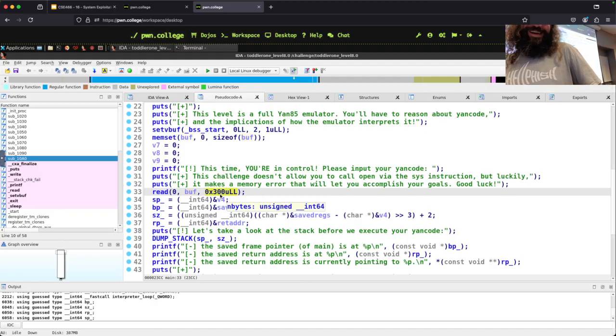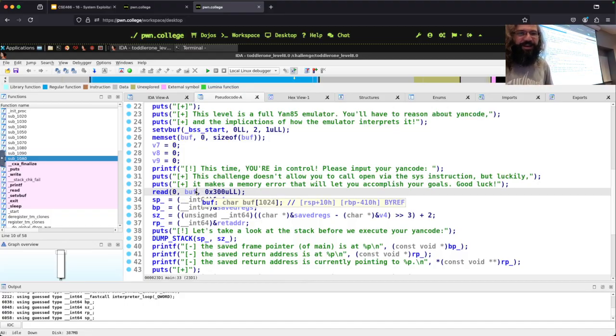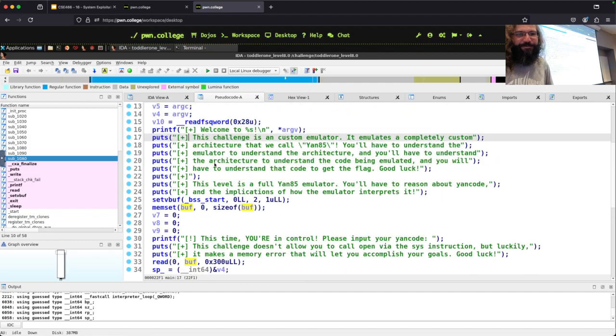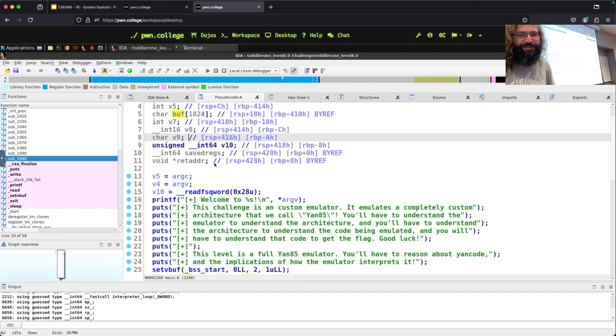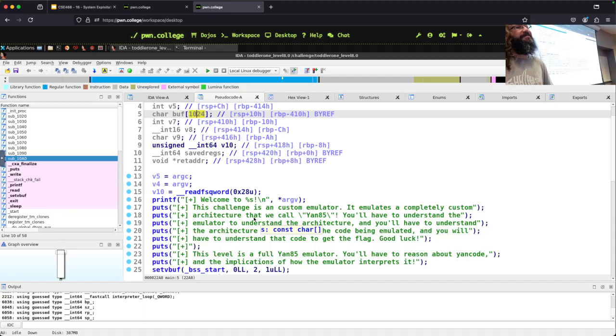So we're reading up to hex 300 bytes into a buffer from standard in. If we click on buff and scroll up, we'll see how big buff is. That's a number. Is that a bigger number or a smaller number?